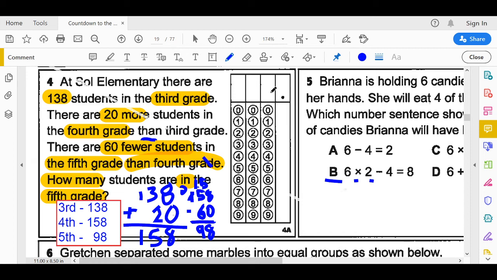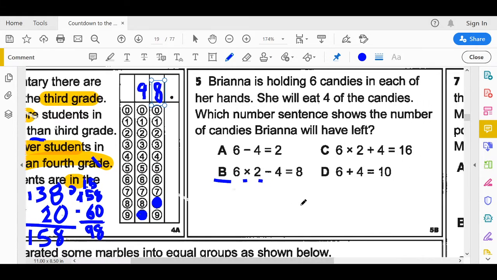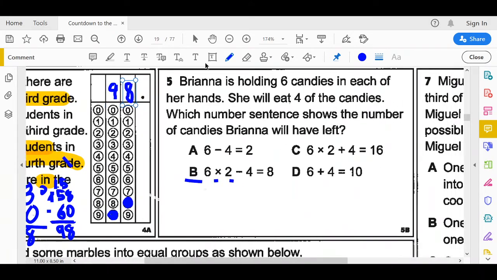I'm going to use my grid right here. The ones go right here next to the decimal point, remember? And then my tens go here. And that should look like 98. So this is a 9, bubble in, and 8, 98. Make sure I can see these steps on your paper so I can give you a good grade there for strategies and steps. I still need to erase these lines there. And now we're going to read